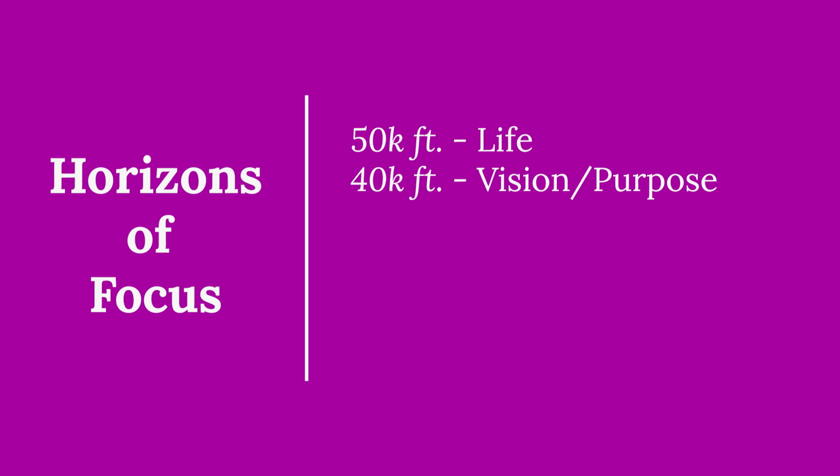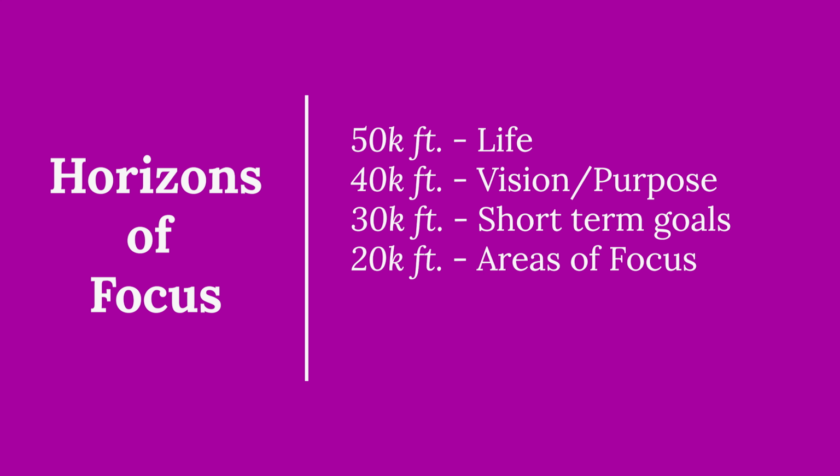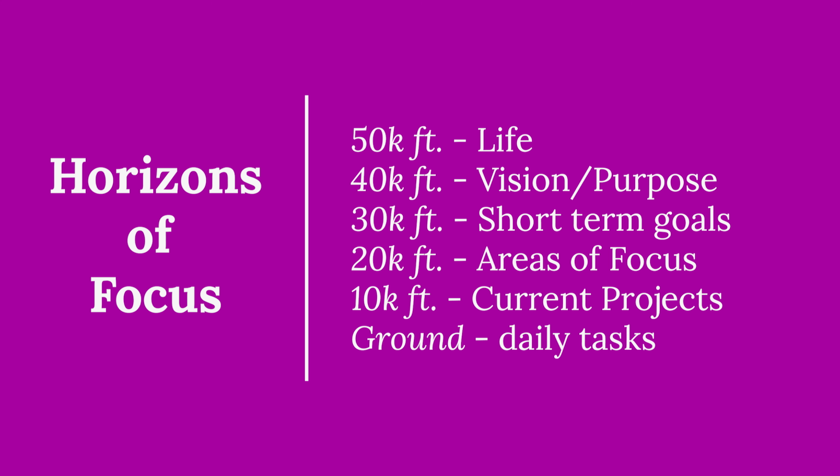In this model, there are basically 6 areas of your life, and you could think of them in terms of altitude. At the very top level, horizon number 5, we have life. The next level below that, horizon number 4, is your long-term vision. Horizon 3 are going to be 1 to 2 year goals. Horizon 2 is areas of focus and accountability. Horizon 1 is your current projects. And at the ground level are your current actions that you're doing, the granular things that you do day to day. Most people don't even make it above ground level, let alone think about things higher than ground level.